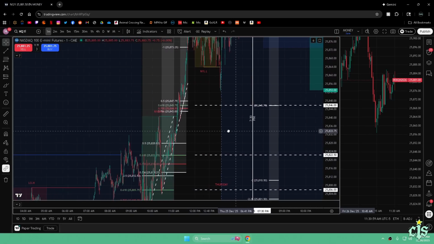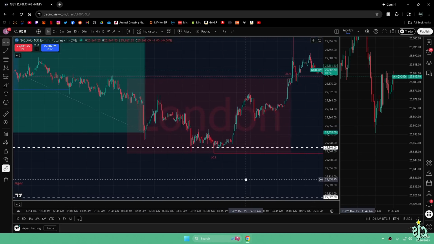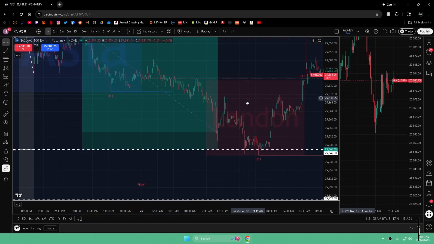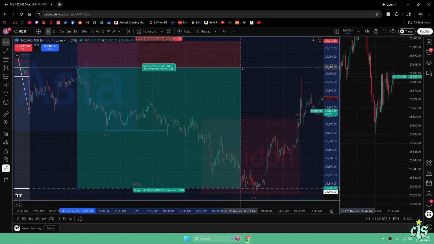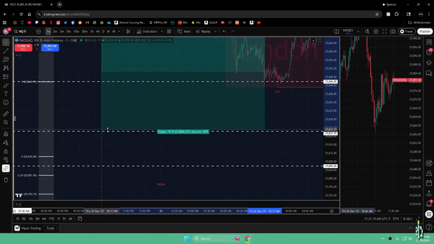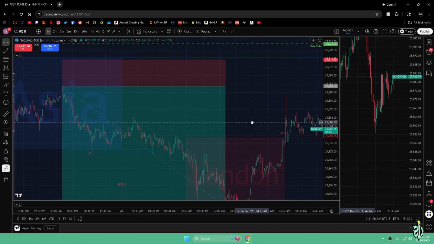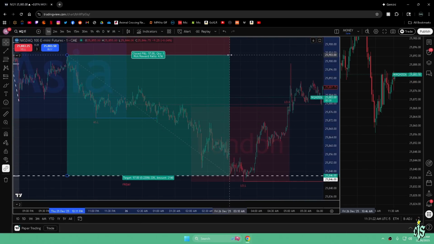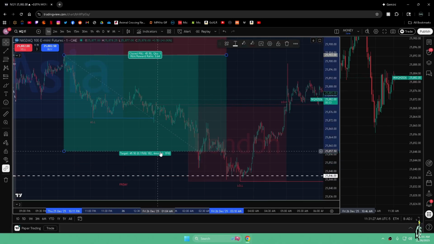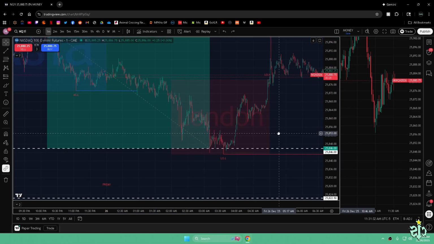And let's see how it reacts. Okay. First fib right here. So you could have took this all the way down to this fib. And the reason why you don't bring it all the way down to this fib or this fib is because you want to be cautious and you don't want to be greedy, right? Even going to this fib is greedy. You could have just got out at 200 ticks, but let's say you want to ping pong market, right?